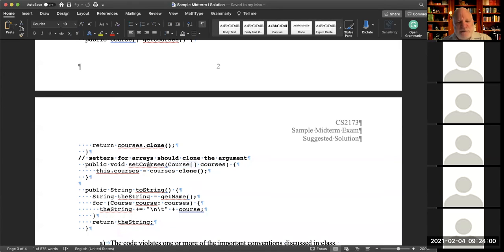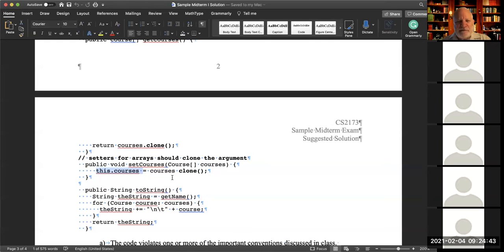The method that calls this calls it with that reference. So even though this is a copy of that reference, it still refers to exactly the location where these objects are. If in the calling method that array gets modified, then if you don't clone it, that will also modify what this instance variable is, and that violates encapsulation. And the principle of encapsulation is that the only things that should change an instance variable are methods in the class.